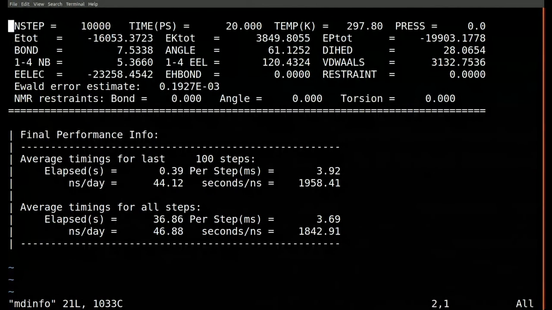But you can set how often you want to output to MD info, and you get information like the total energy of the system, the kinetic energy of the system, the potential energy of the system, things like that. And from those, you can check whether your system has stabilized, especially if you've used more outputs. You can check whether your system has equilibrated by seeing whether your temperature has stabilized and is at around 300 with very little fluctuations. You can check your energy is equilibrated by whether it's reached a plateau and is not wildly fluctuating. In this case, in the interest of saving space,